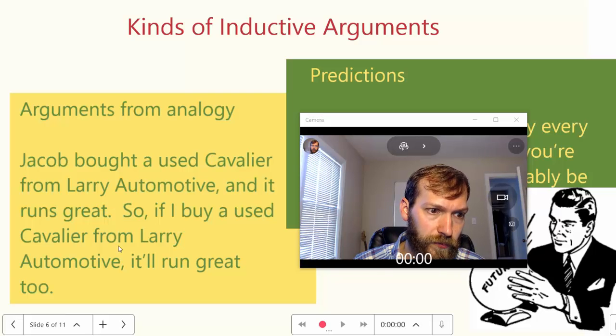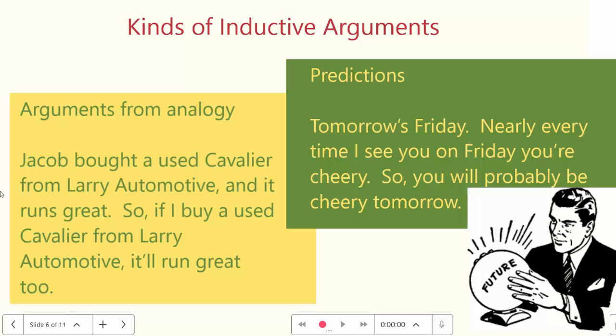So you might say that thing or event X has properties A, B, and C,